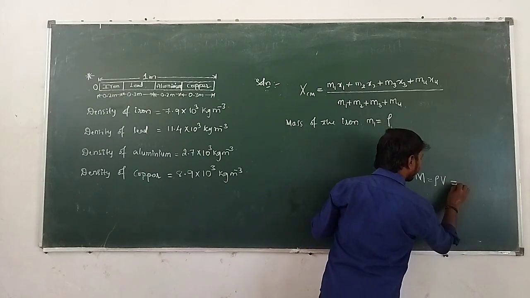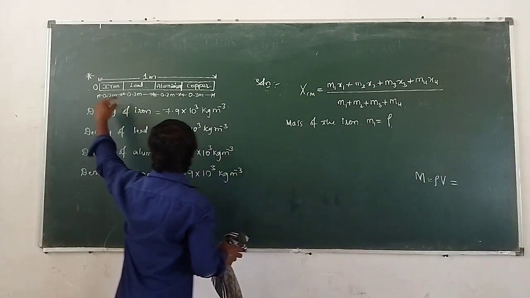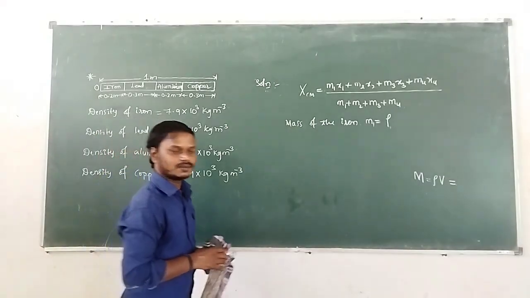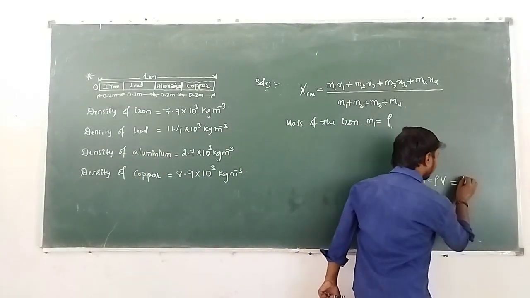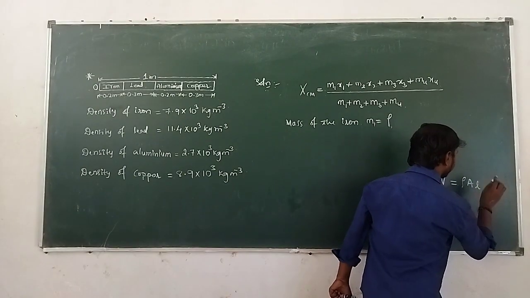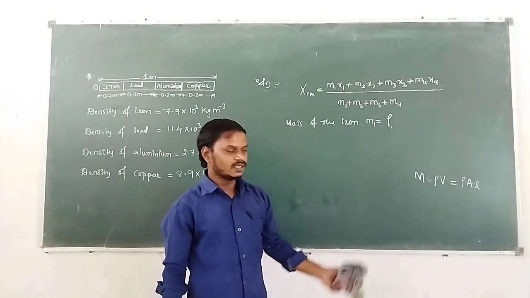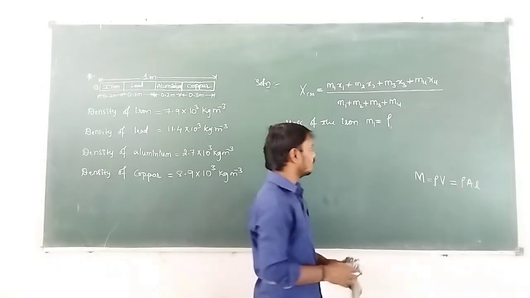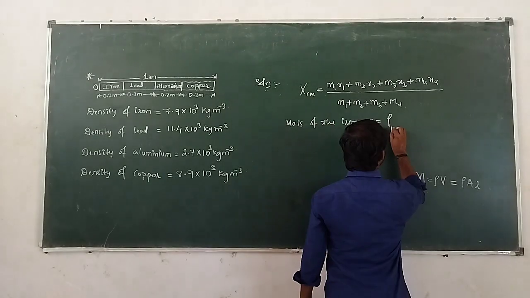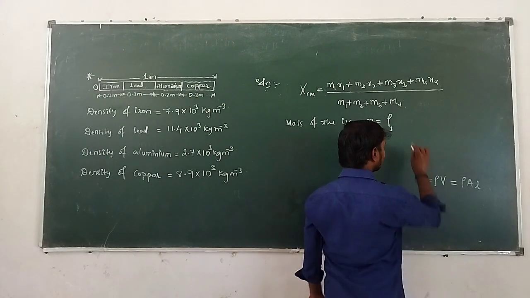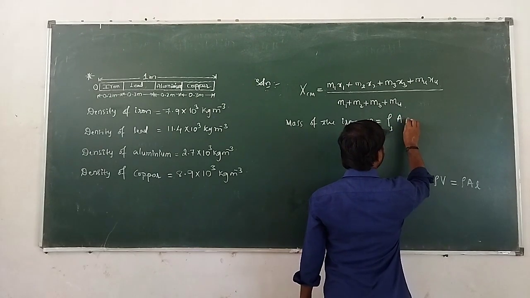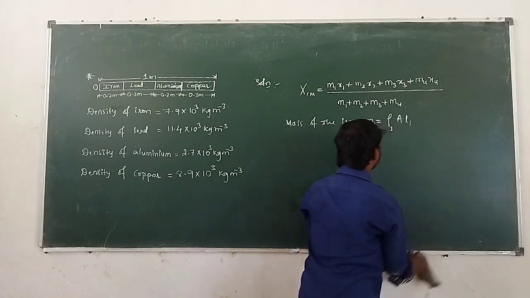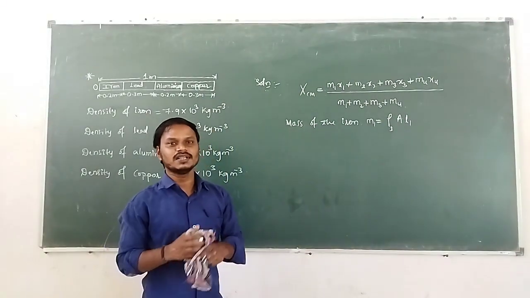Then we can write volume as cross section area into length, that gives the volume of the rod. Okay. See here. Rho into A into L. Instead of rho, you can take D also. D is nothing but density here. Okay. Now, density of iron I will take as rho 1. Then area is A. Length of the iron can be taken as L1. Then substitute the values and you will get the mass of the iron.